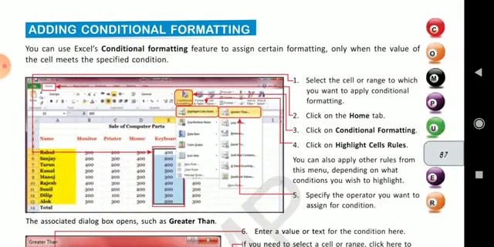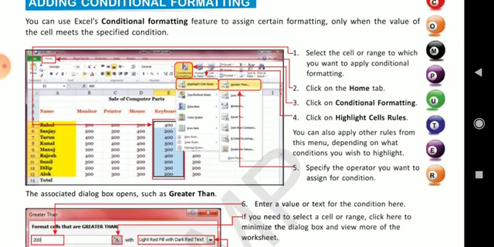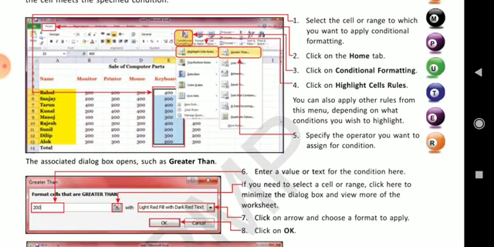Adding conditional formatting. If you want to give any condition to your cell, and the cell meets the specified condition you have provided, then the conditional formatting feature is used. Different rules are there: greater than, less than, equal to.